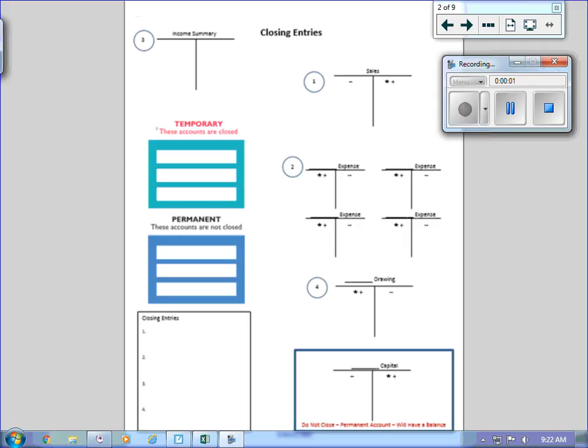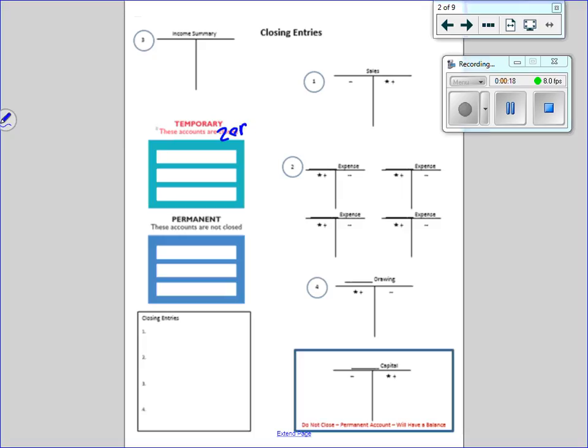Closing entries are a necessity when it's time to close the books, to say goodbye to one fiscal year and say hello to another. We close temporary accounts, and this might seem repetitive, but since so many of you are gone, I think it's worth talking about again. Close means to zero out. So in other words, we're saying, okay, what happened in 2017? Let's close those books, funnel all of the money in and money out to owner's capital